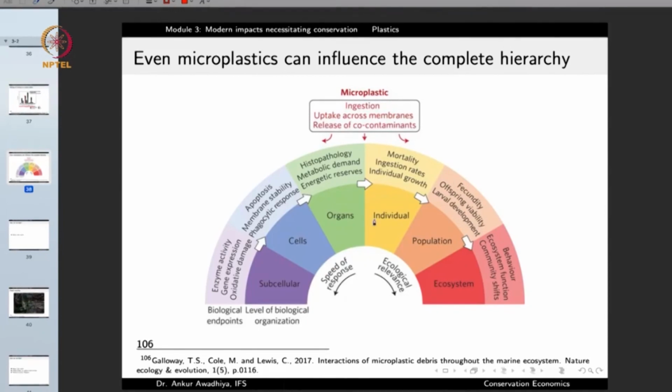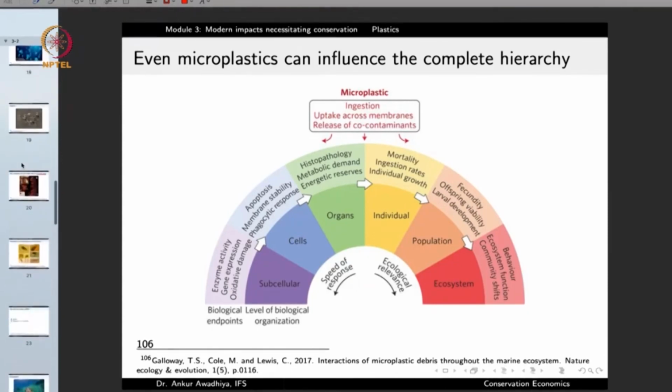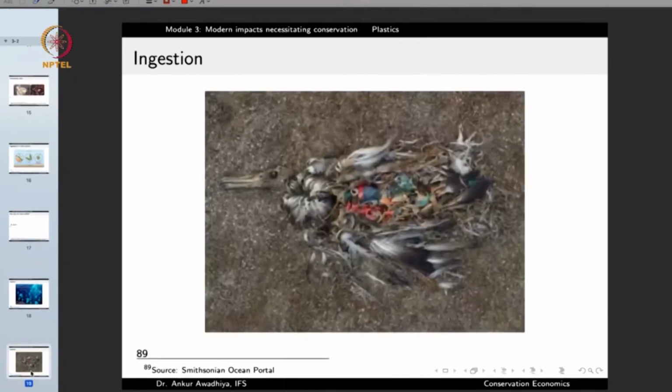It may influence offspring viability, because we have seen the case of this albatross, in which the offspring viability was impacted because of the presence of plastics. And in the case of smaller organisms, the microplastics will also play a very similar role. Now, the saddest part here is that when this chick died because its body was all full and blocked by